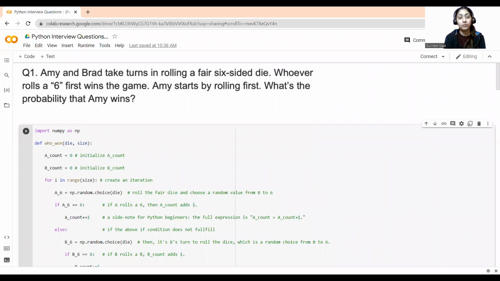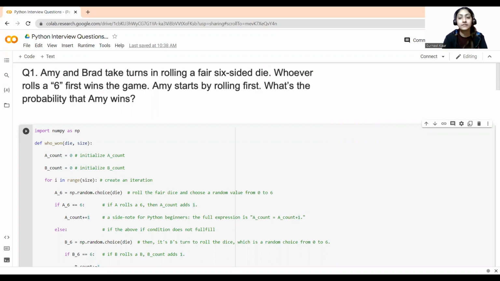Guys, this is Gurneet. In this particular series, we'll be looking at Python interview questions asked by major tech companies, including particularly MAANG, which can help you in interview preparation and understanding the Python programming language. In this video, we'll solve the top 5 Python programming questions and understand their solutions one by one.